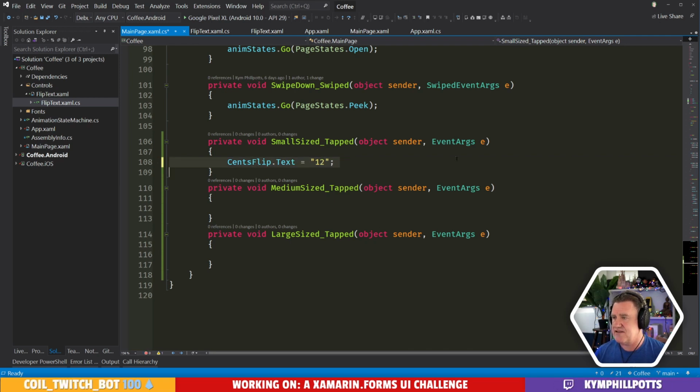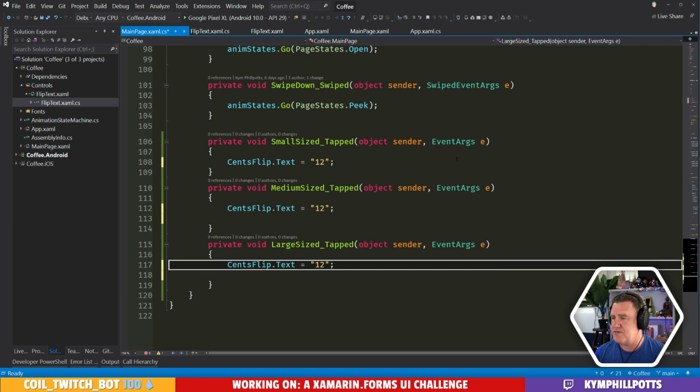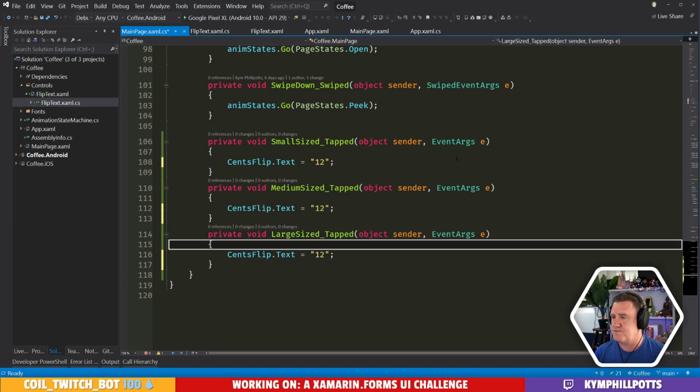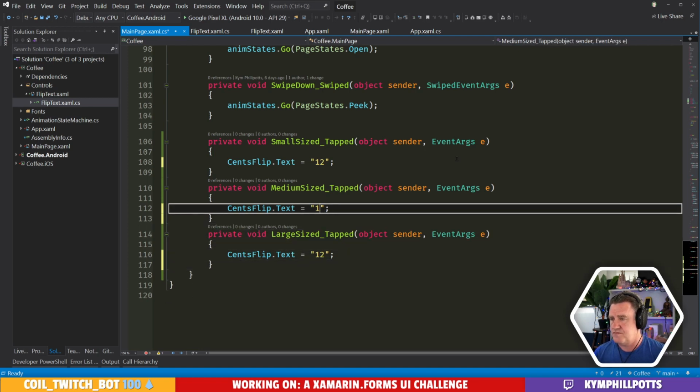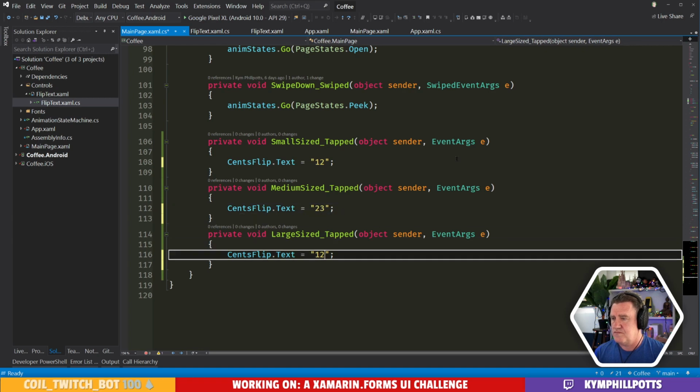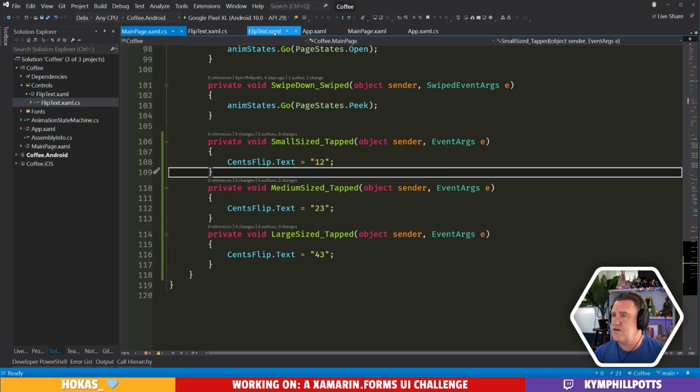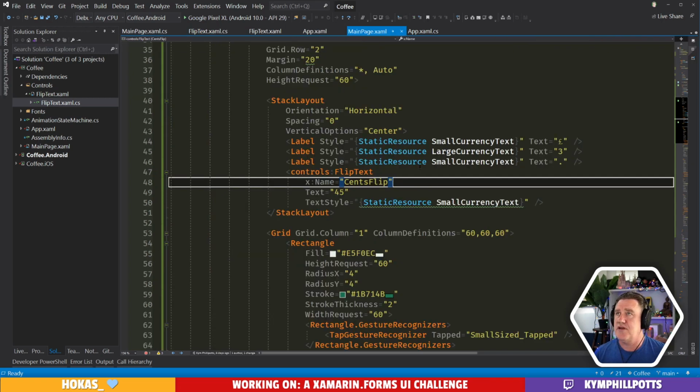I know this is terrible code, but I just want to see if it's going to work. And what we'll also do in here is